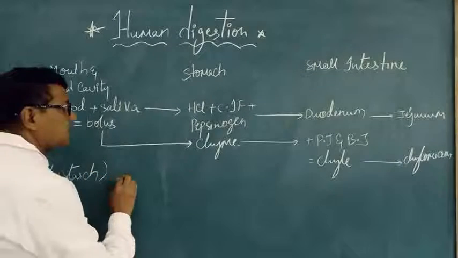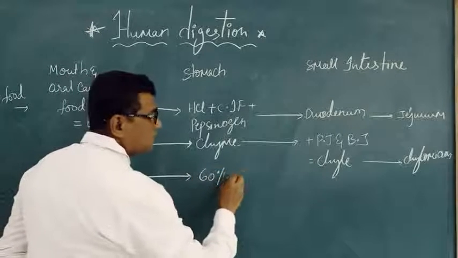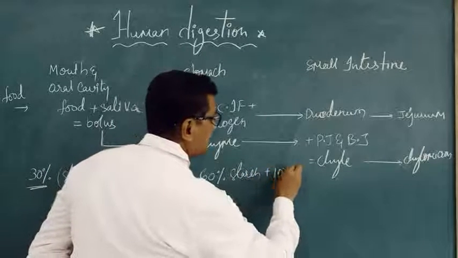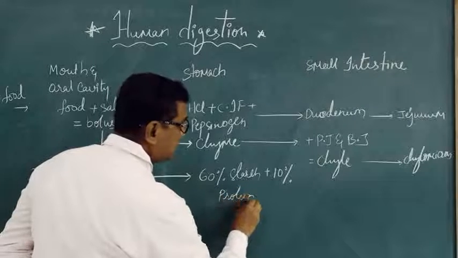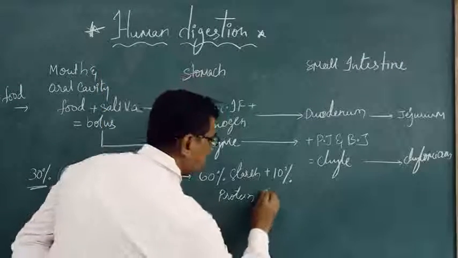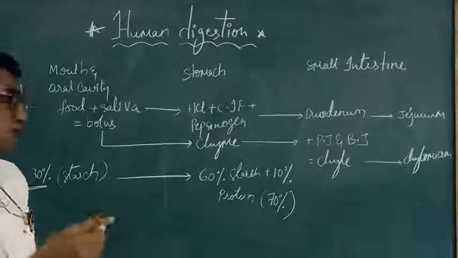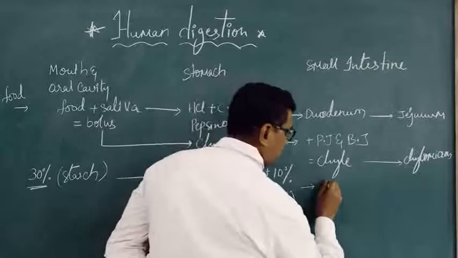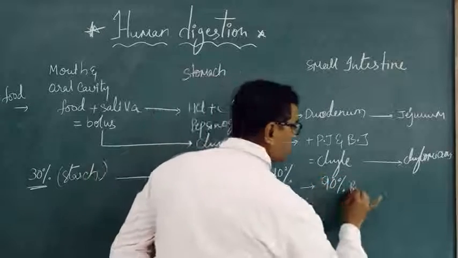When it enters into the stomach, 60% of starch digestion and 10% of protein digestion starts in the stomach, and up to here 70% of digestion is almost complete. Then it enters the remaining 90% of digestion, which initiates protein digestion,